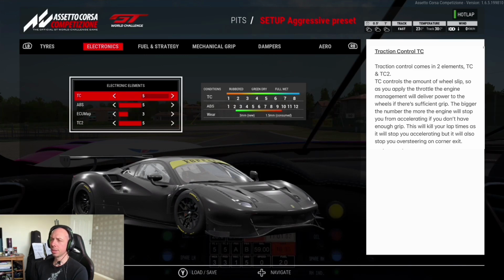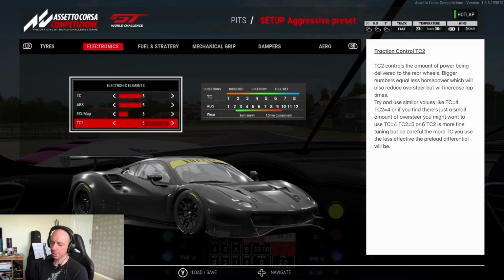We'll go straight down to TC2 because it sort of works in partnership. So TC2 controls the amount of power being delivered to the rear wheels. Bigger numbers will equal less horsepower, which will also reduce oversteer, but will increase the lap times. Obviously, the less power you're able to put down, the longer it is going to take to get around the circuit. So try to use similar values like TC4 and traction control 2 at 4,